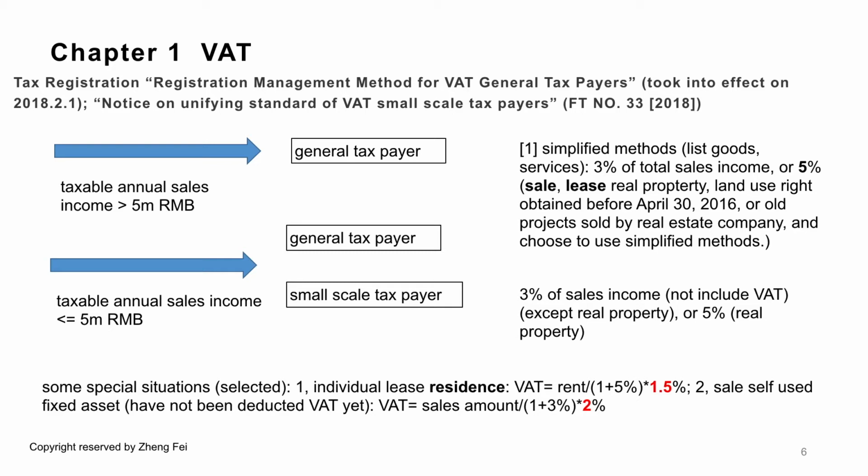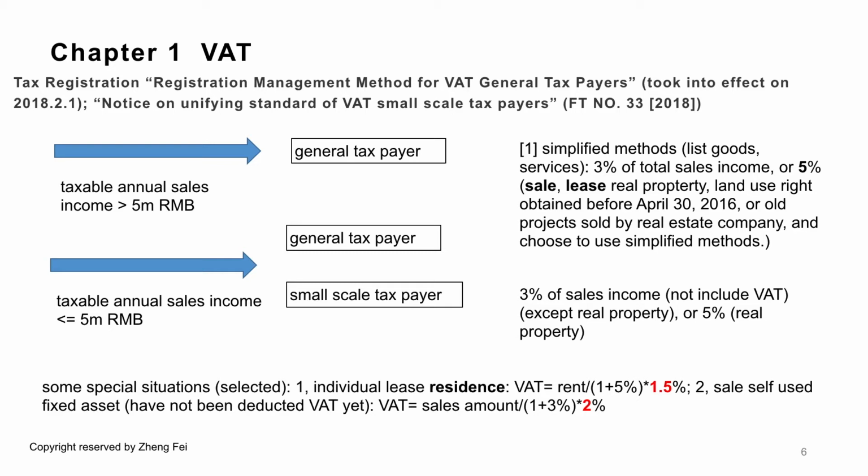If the taxable annual sales income of a company is over 5 million RMB, then it's qualified to apply for general taxpayer. For a general taxpayer company whose taxable annual income is less than 5 million RMB, it can either choose to remain as general taxpayer or choose to transfer to small-scale taxpayer